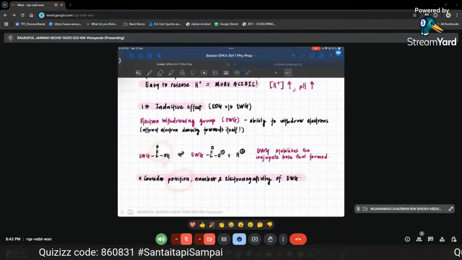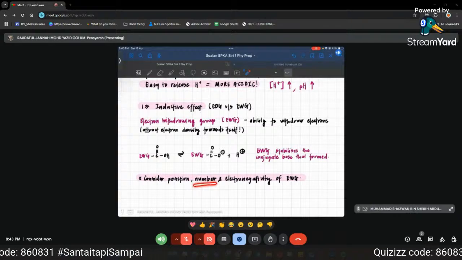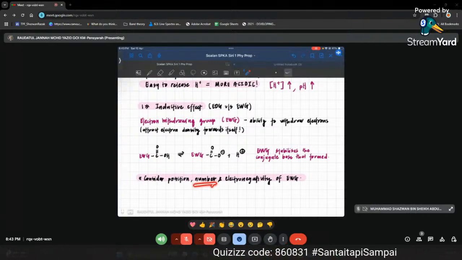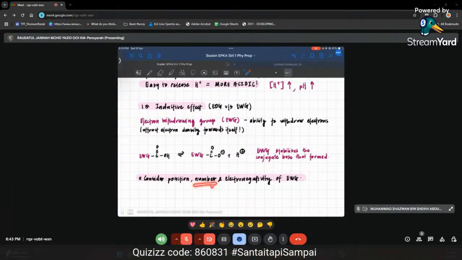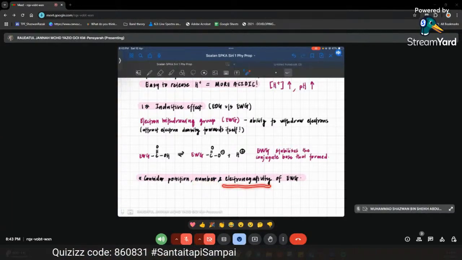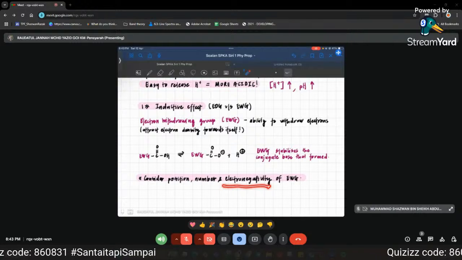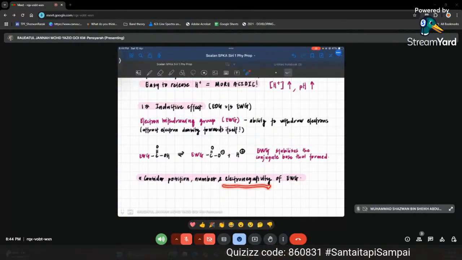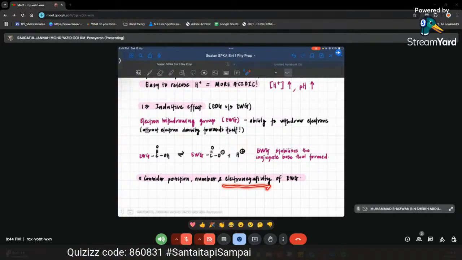Okay, and kalau lagi banyak electron withdrawing group yang you ada, means dia lagi banyak ability untuk tarik electrons toward itself. And kalau you guna a very electronegative species as electron withdrawing group, so that means you ada species yang boleh tarik banyak electron density toward itself. Sebab